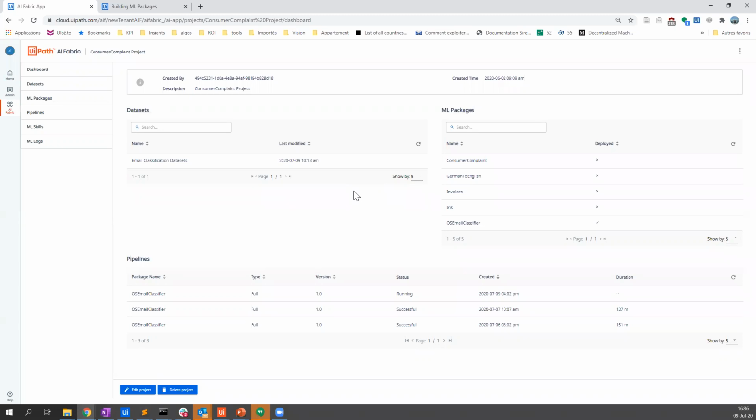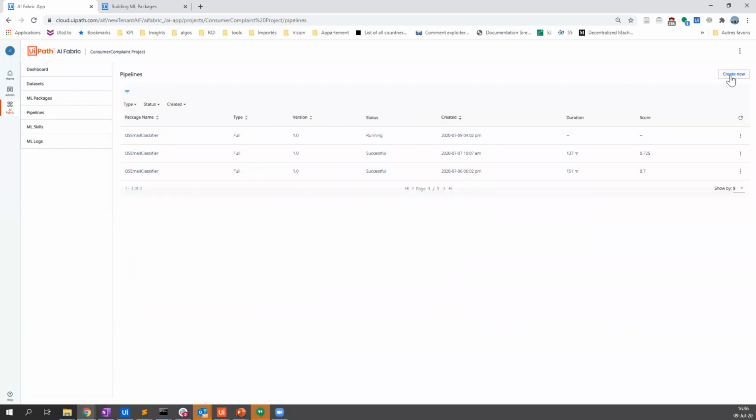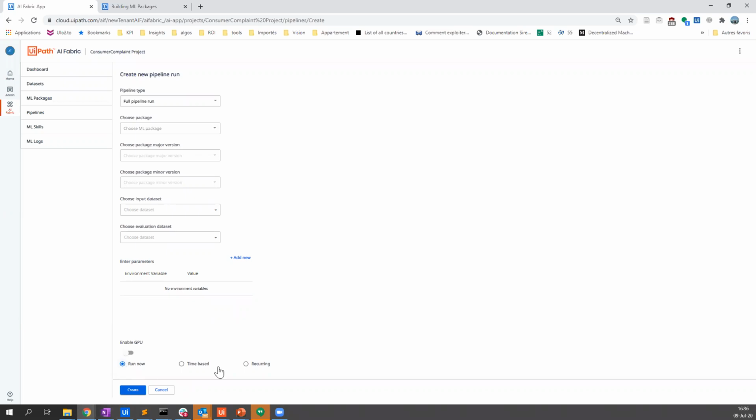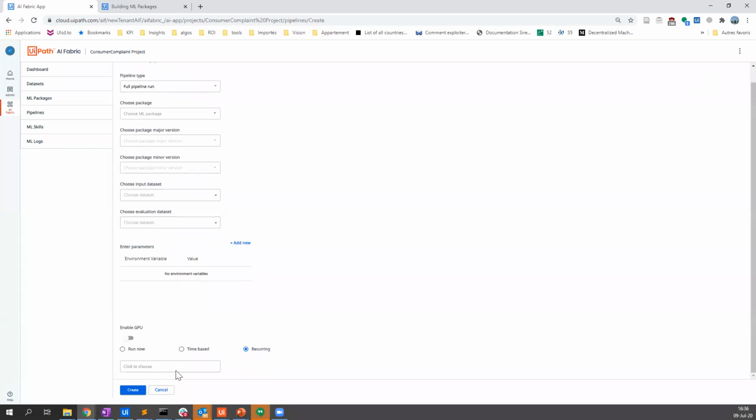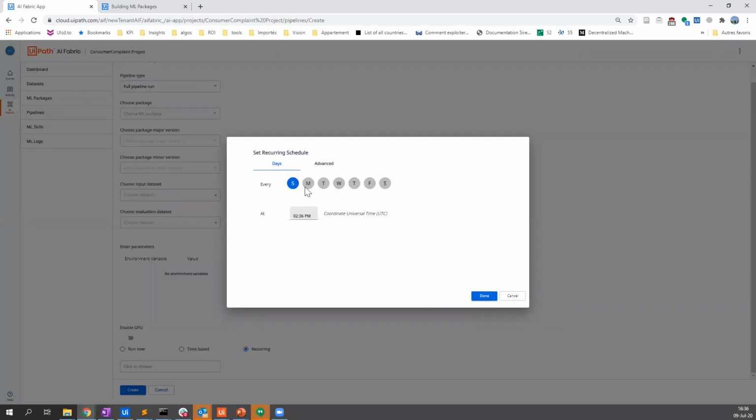Most of the time, it's not a very good idea to do it for each single piece of data that is coming, but also for now, it will only start when you create a new pipeline. So you can do that manually. But as I said before, and I didn't show you, you can also have a recurring pipeline. If you go to recurring pipeline, you can just say, okay, I want to do this every Tuesday, for example, at this time. Because we cannot cover all of the use cases here, you can also just give a cron expression and say, okay, I will do it each month, each first day of the month, whatever you can do with a cron expression.